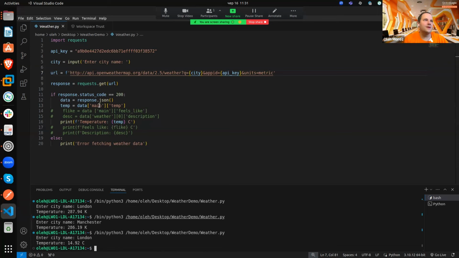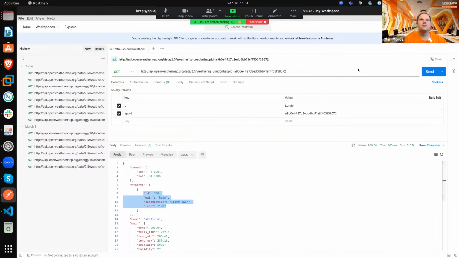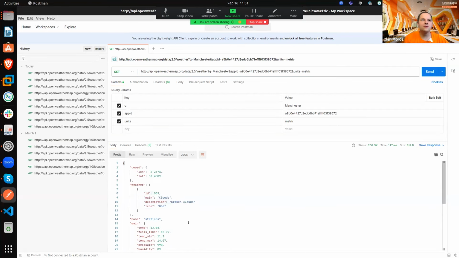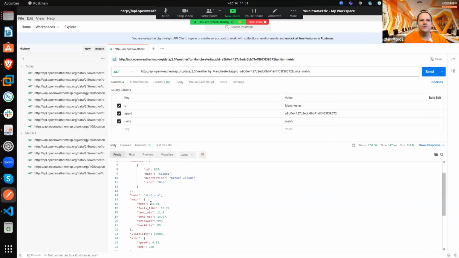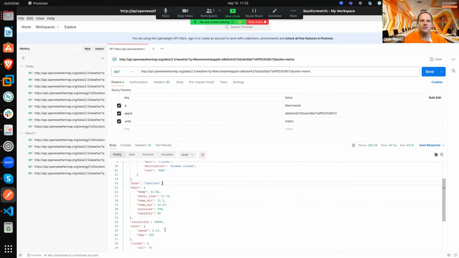So it's pretty fine. What we need to do also, I want to know more parameters, yes? For example, okay, let's change the units and actually set metric in our API. Yes, I'm getting back to my Postman, and what I'm adding here is this parameter which is called units and metric, and let's request for Manchester, for example. Okay, this is not correct. Okay, Manchester, and let's make this send. Okay, what do we have here? So we have the temperature in Celsius and the humidity and pressure, etc. So we have changed the metric,